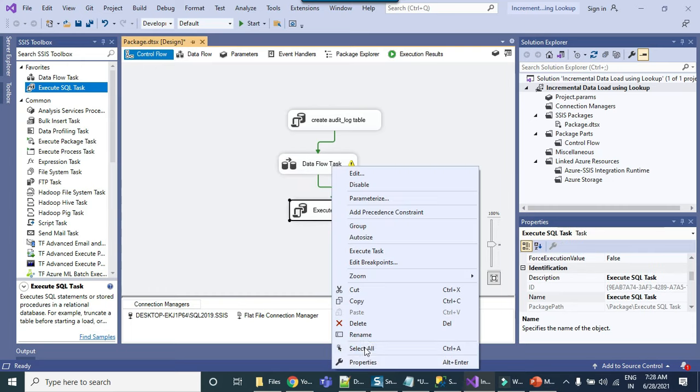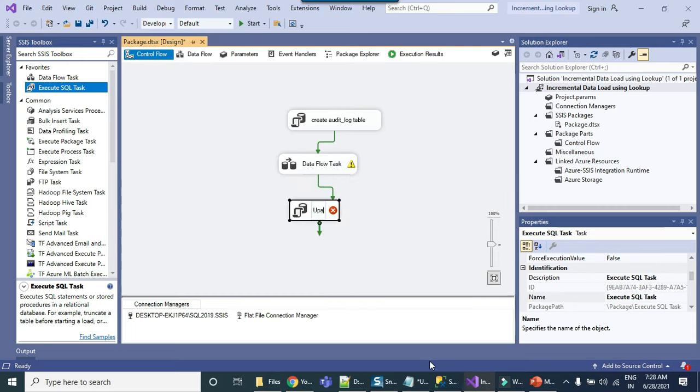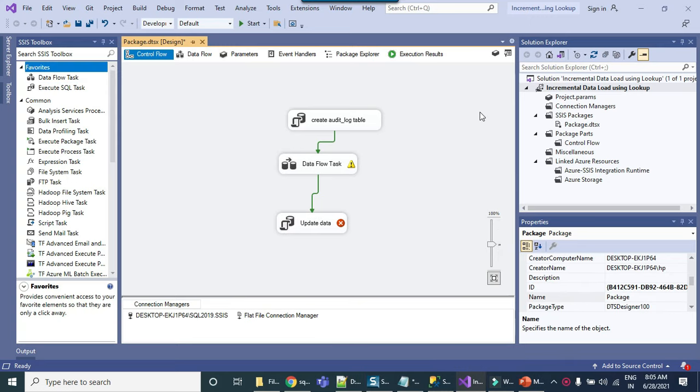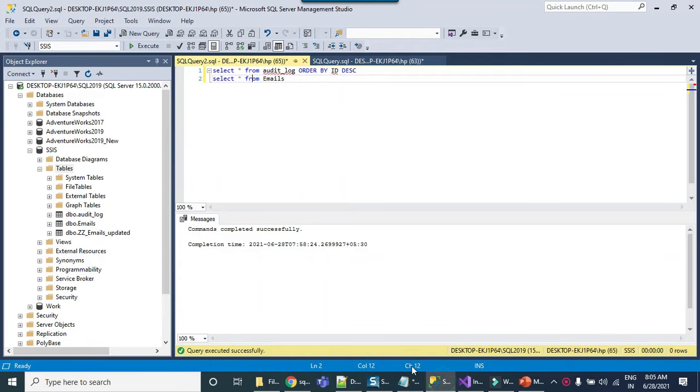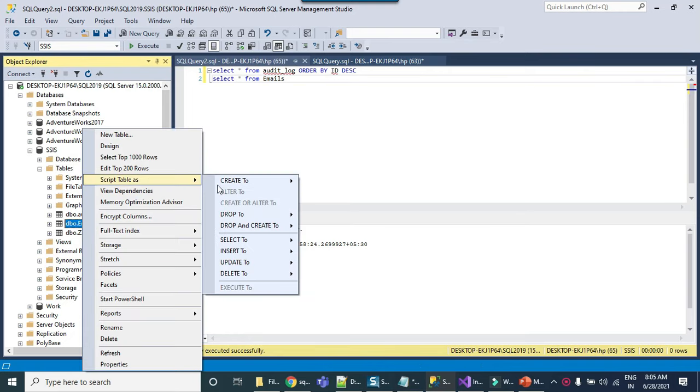So write an update statement here, update data. Now we just need to write the update statement to write the data from ZZ email table to the email table. So let's open the SQL Server Management Studio and write an update statement here.